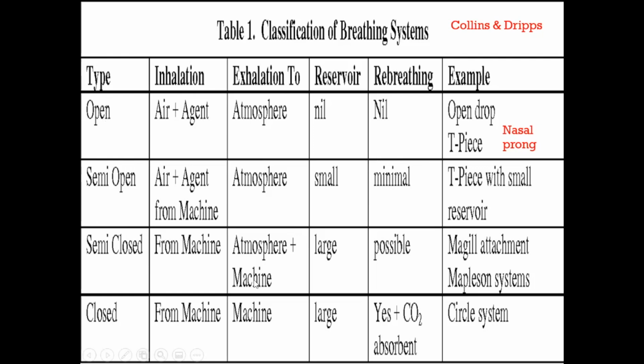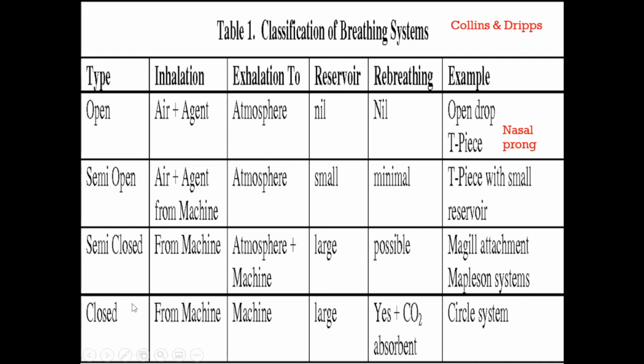Okay, semi-closed. Your scavenging system can be open to atmosphere or can be going into a scavenging part in your machine. The reservoir is large, meaning your whole circuit system is your reservoir. Rebreathing is possible. This is your Mapleson system or Bain attachment. So in your MCQ, you must know your Mapleson system comes under the semi-closed type. Okay, and then closed is the circle